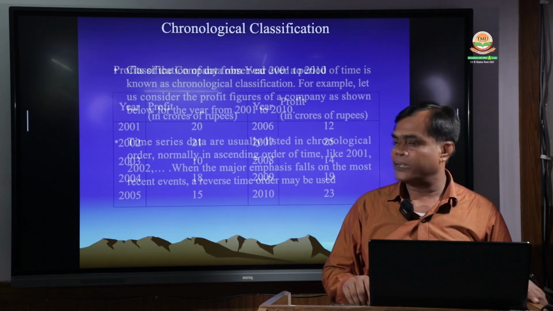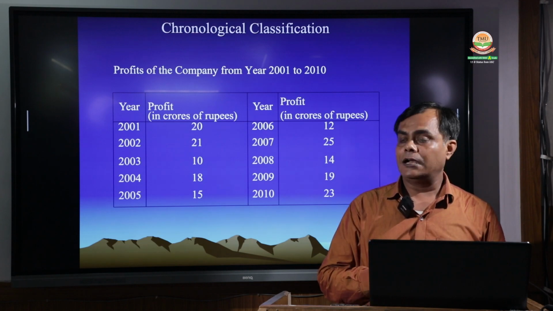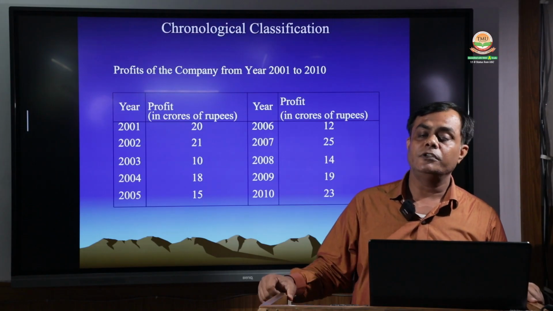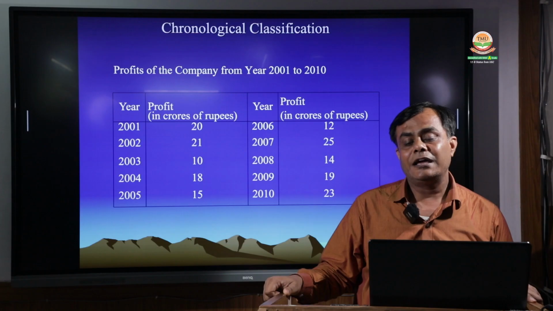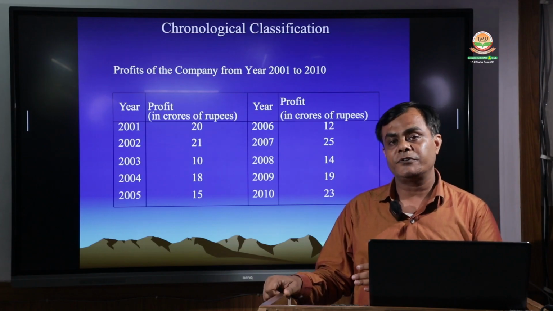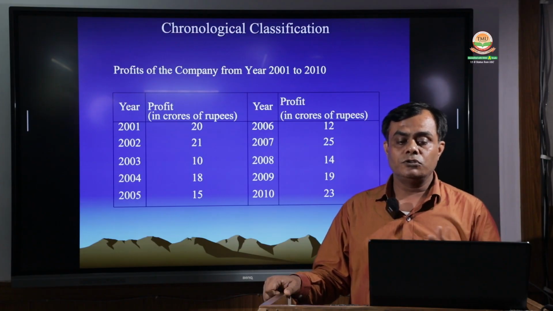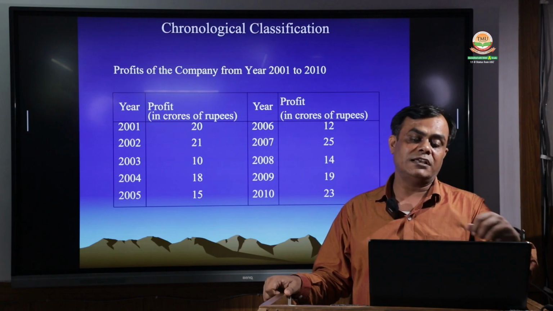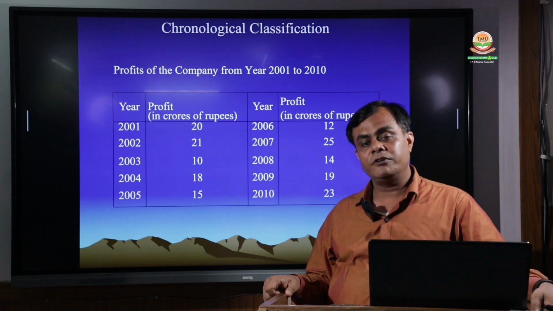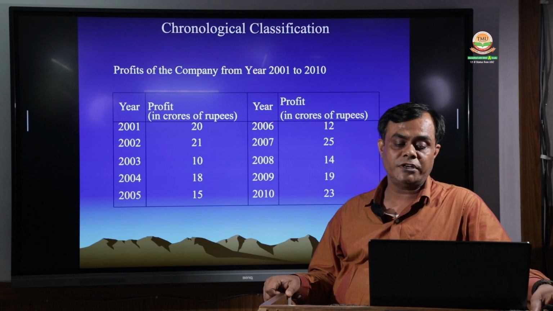So here in this slide we go through the chronological classification, with the example of the profit of the company from 2001 to 2010, and that is called the ascending order chronological classification, because the data started with 2001 and goes to 2010. So that is the ascending order chronological classification. From this table we see that in 2001 the company profitability is 20 crore,